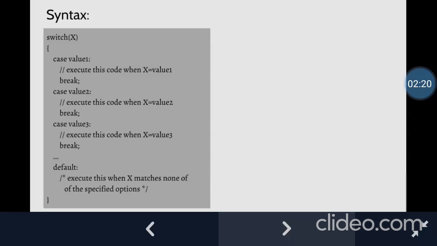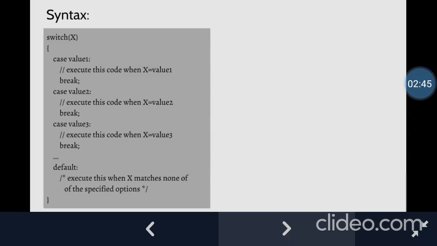It says to execute this code when x is equal to value 1. So we match the expression, which is x, to the value of the case, which is value 1. If x is equal to value 1, then the code related to case value 1 gets executed. Now to end a case comparison, we use the break keyword followed by a semicolon.